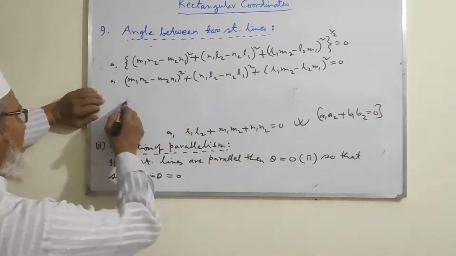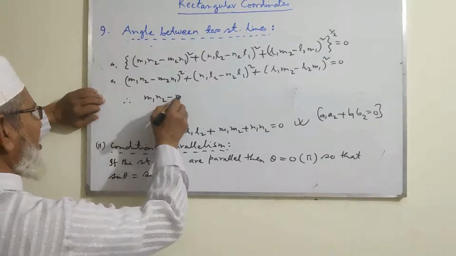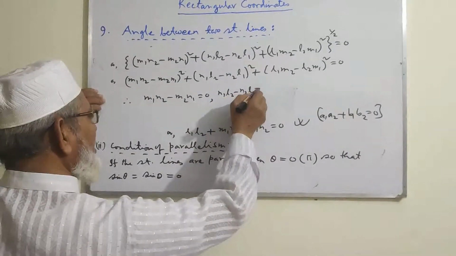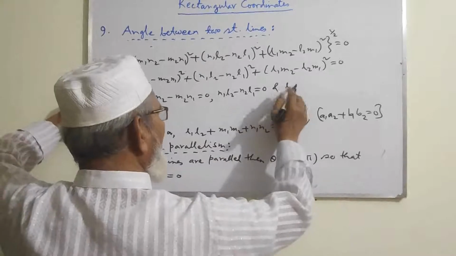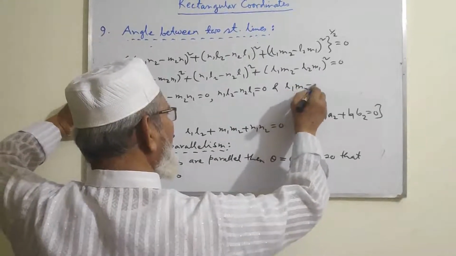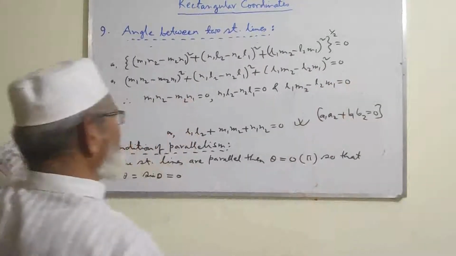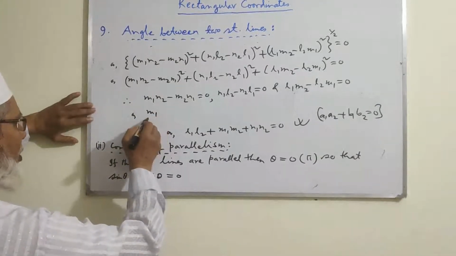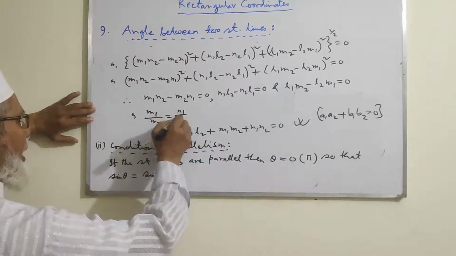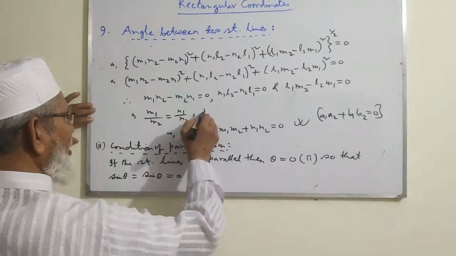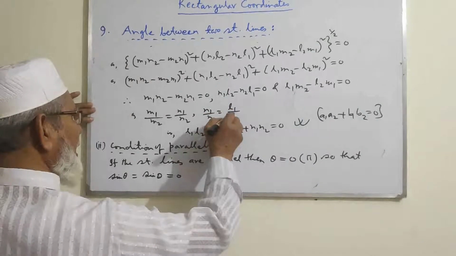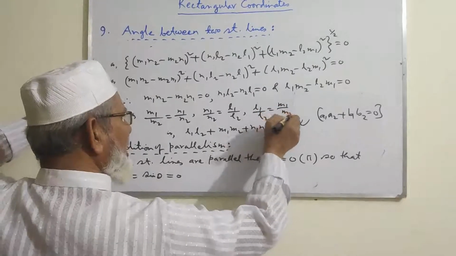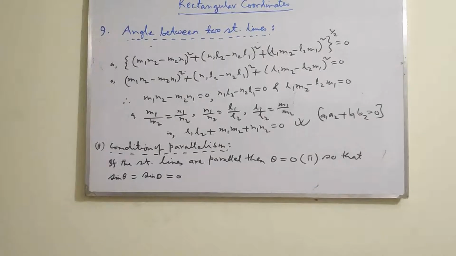Each of the terms must be 0. Therefore, m1 n2 minus m2 n1 is 0, n1 l2 minus n2 l1 is 0, and l1 m2 minus l2 m1 equal to 0, or m1 by m2 equal to n1 by n2. Also, n1 by n2 is l1 by l2, and l1 by l2 equal to m1 by m2. From these relations we get